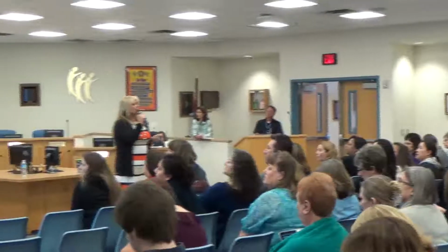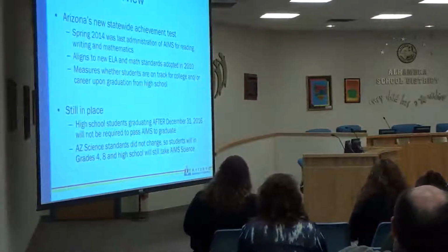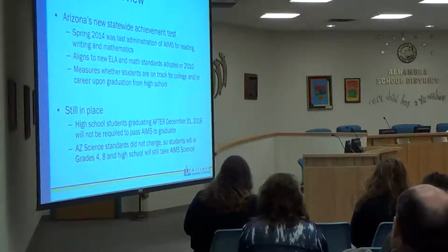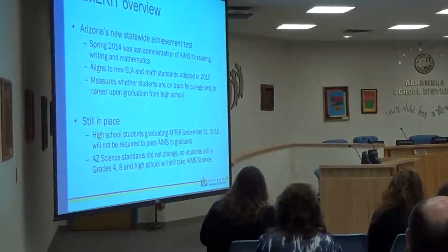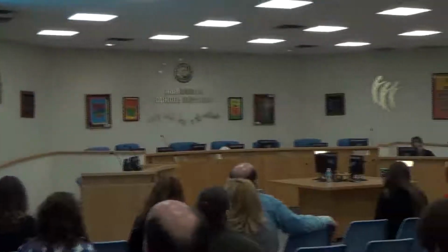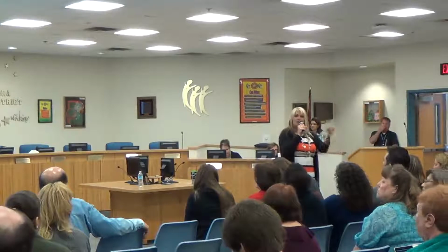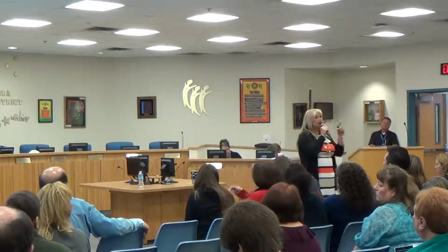AZ Merit is the new state assessment. The last administration for AIMS was last spring, for reading, writing, and math, and AZ Merit aligns to the new Common Core standards that were adopted back in 2010. You still have the grade level assessment, like what you would have for AIMS in grades 3-8. So it's a grade level AZ Merit test. But any kiddo, even if they're in 6th grade, taking an EOC course, the Algebra 1, Algebra 2, Geometry, or ELA 9, 10, 11, you should map your courses to those high school